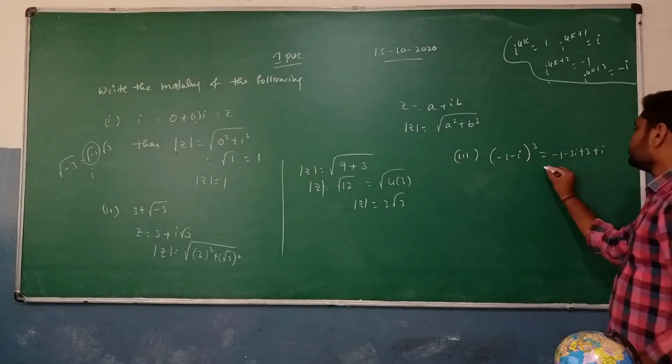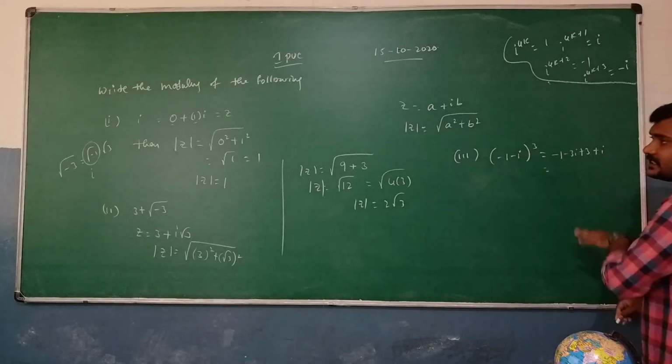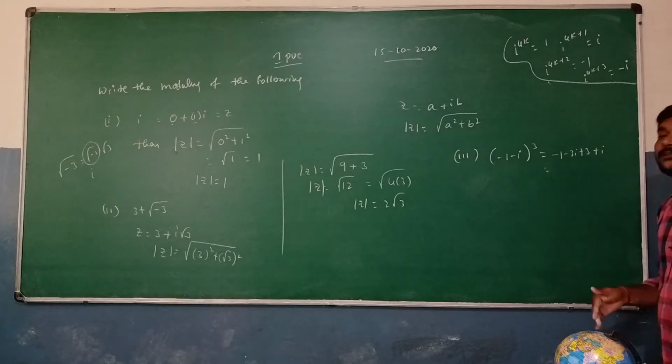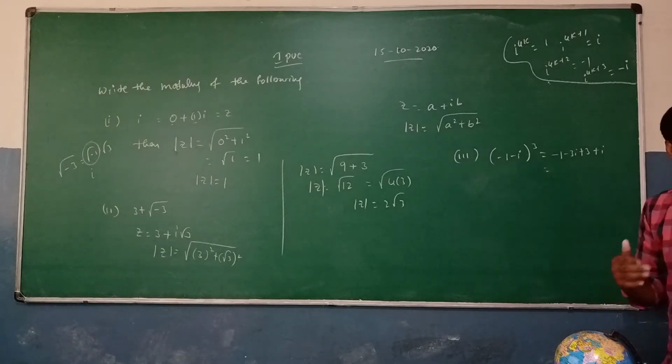Okay, so first we need to convert these things to the form z. Why do we need to convert to z? Because to get a and b, it should be in the form of z. Right now there is some confusion about which is z, which is a, which is b. Suppose if you convert these things to the complex number, then the calculation is going to be in a simple way.